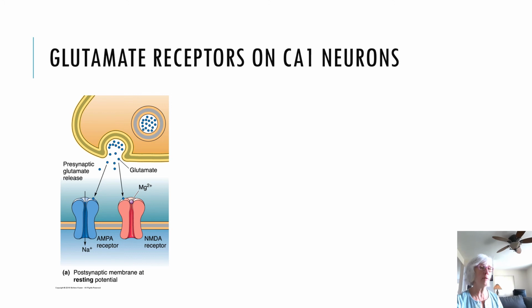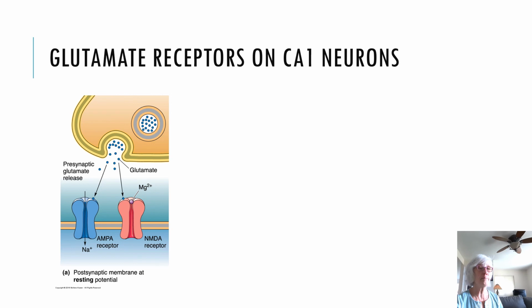So we're not going to talk about how those influence memory, but realize that they are there and they do have an impact. So there were two different types of ionotropic glutamate receptors that we spoke about, and those are the AMPA receptor that happens to be an ion channel for sodium, and the NMDA receptor that happens to be an ion channel